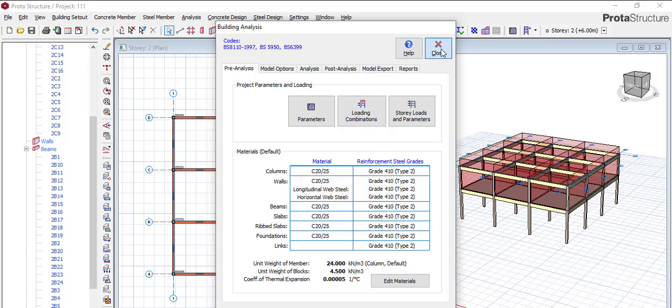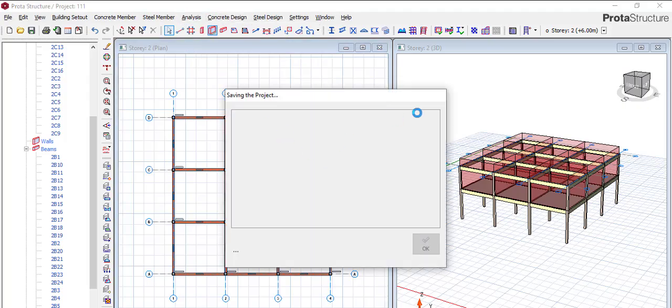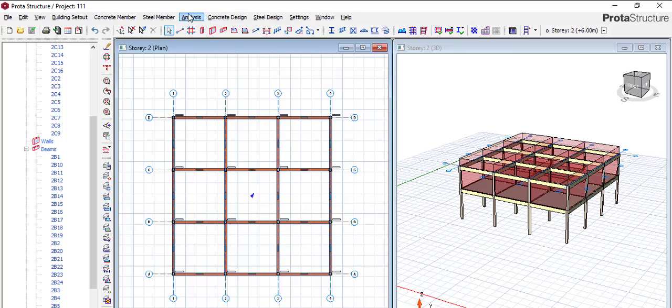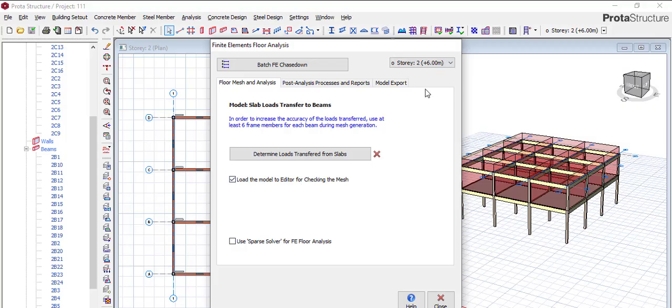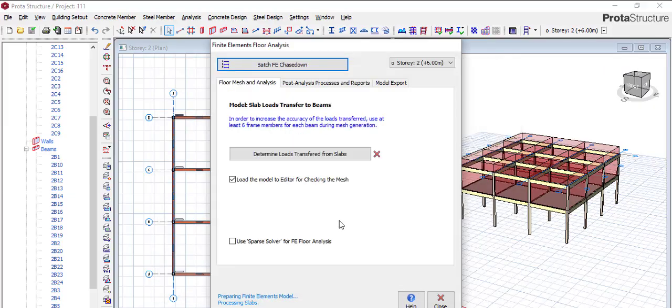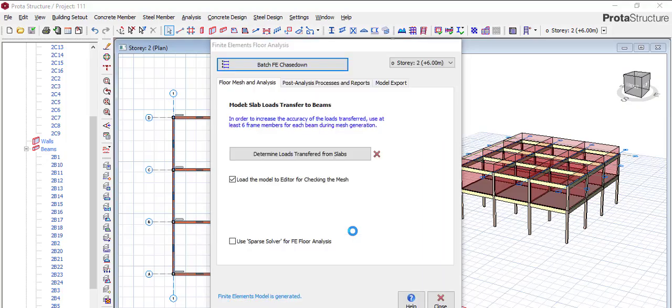So we can close this. So with this now, we still go back to analysis. Let me explain something here. If you come to analysis, load decomposition, click on that, it will show you here. Then you said this is the batching. You say okay. It starts batching all together. So give it time to run, and as it's running,